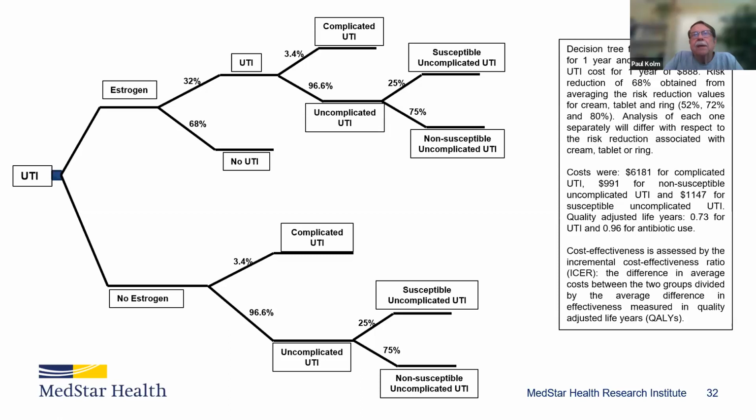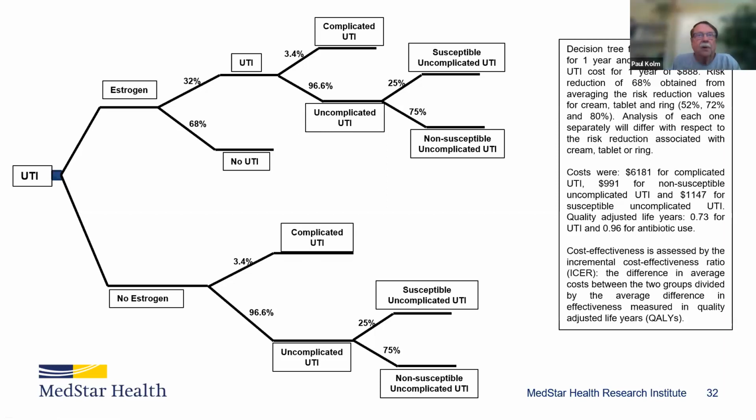And then they had an estimate of quality adjusted life years of 0.73 if a UTI developed, 0.96 if it didn't. And so we can then carry this out. So what we do is a simulation. I assume, for example, that I have 1,000 patients with a UTI, 1,000 get estrogen and 1,000 get no estrogen. And so then I just carry those numbers through with these rates and the costs, and come up with a